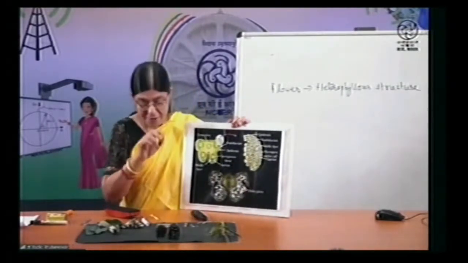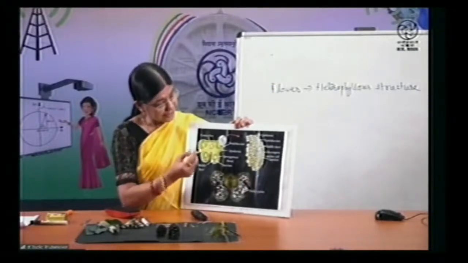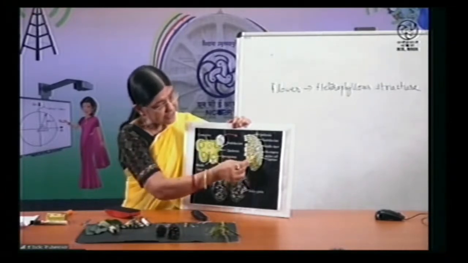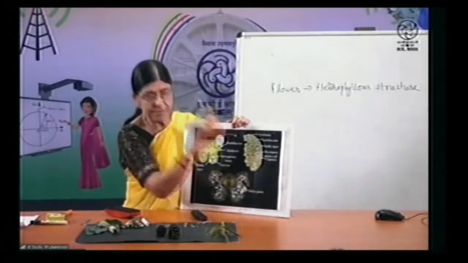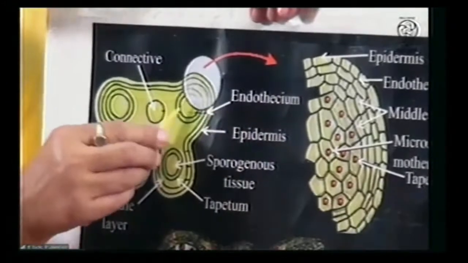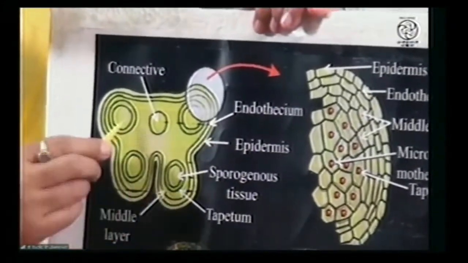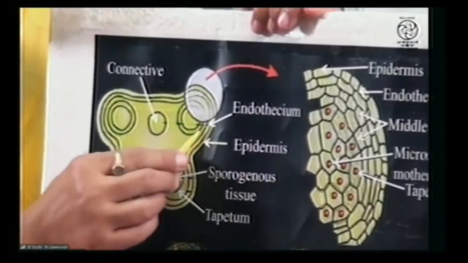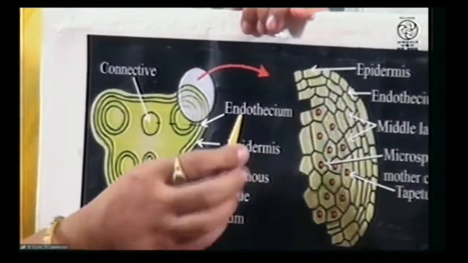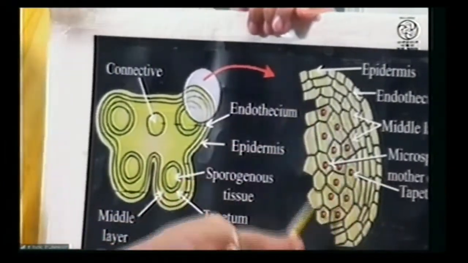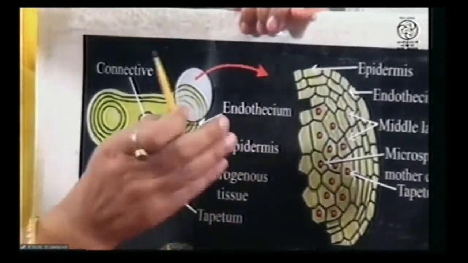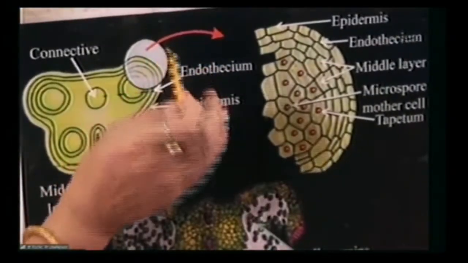Okay, so now let's come to this. Now we'll concentrate on each of the microsporangia. Here we'll magnify it, and this is a part of one microsporangium. So you can find this part is called the microsporangium. But surrounding the microsporangium, some tissues are present. These are the cells which are arranged in layers. So first, let's learn about it. Now let's see how the tiers of the anther exactly look.